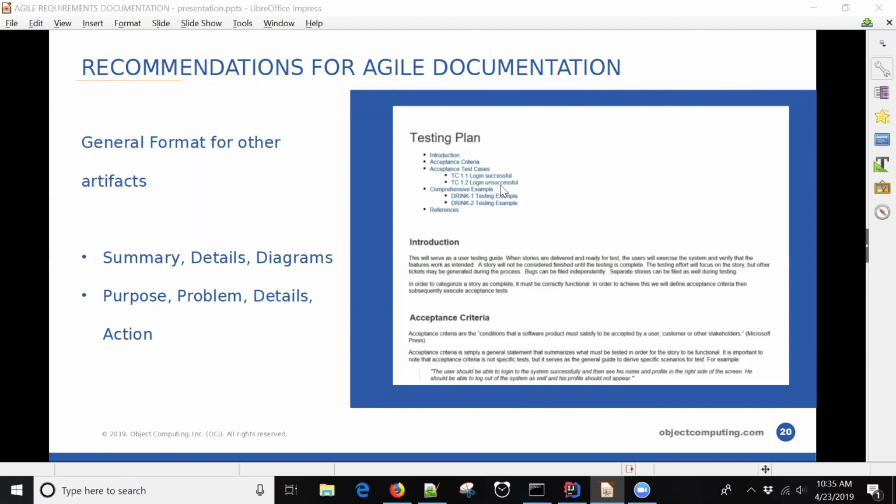A good way is to just have a title, put a table of contents, have something called a summary or an introduction, and then here on the left side: summary, details, diagrams. Section them off into different consumable, formatted ways, so that you don't want to have these things on the wiki be blog-like and look like